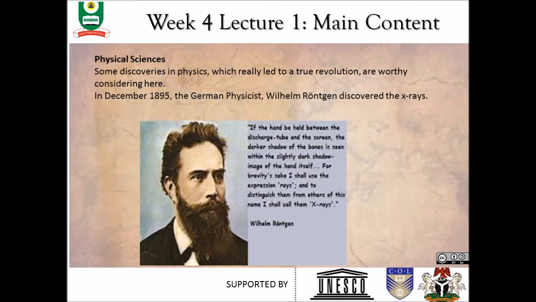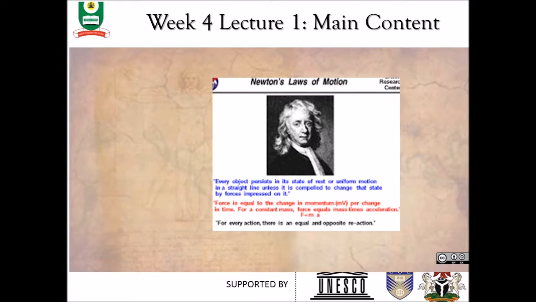X-rays, as you know, are used in hospitals to destroy cancerous cells, to look at bones, to check if they are broken or dislocated, especially after an accident. In industries, X-ray photographs are used to reveal hidden cracks in metal casting and welded joints. X-rays are also used to detect alterations which have been made to artworks.